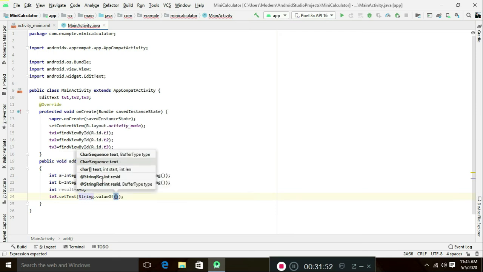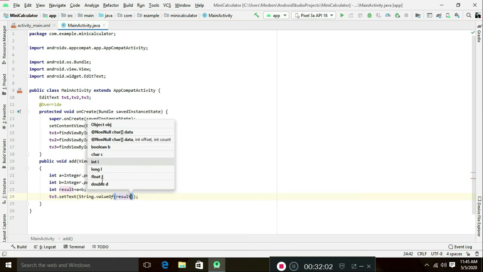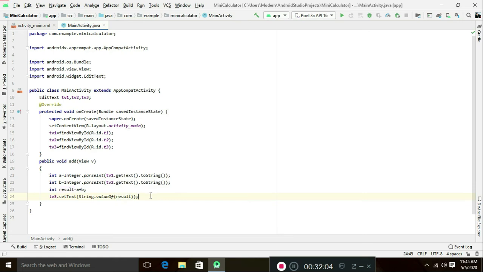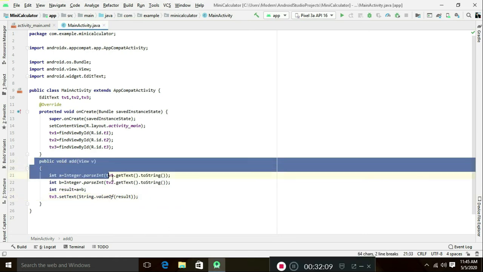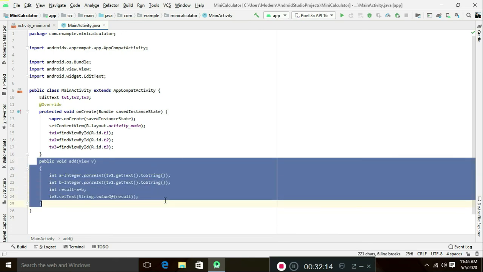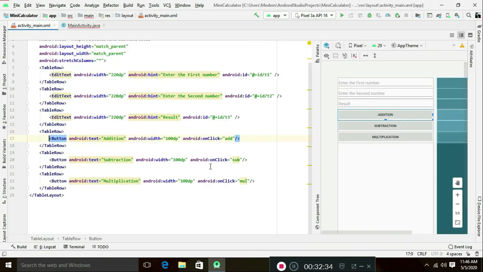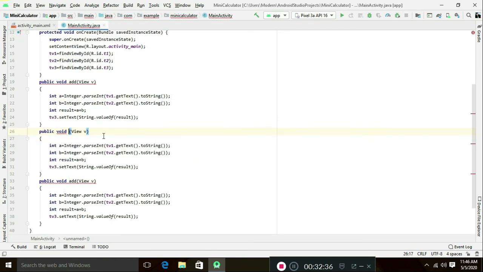Two more methods remain unfinished. I will just copy it because only the operator changes. I will skip the copy and paste in this video. I copy and paste the two methods, then edit the names to sub and mul, and edit the operator. In the sub method I will give the minus operator for performing subtraction.